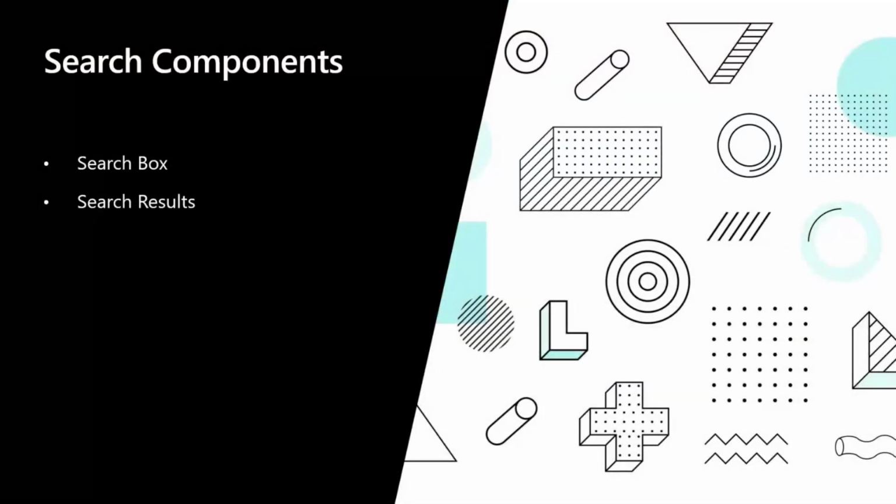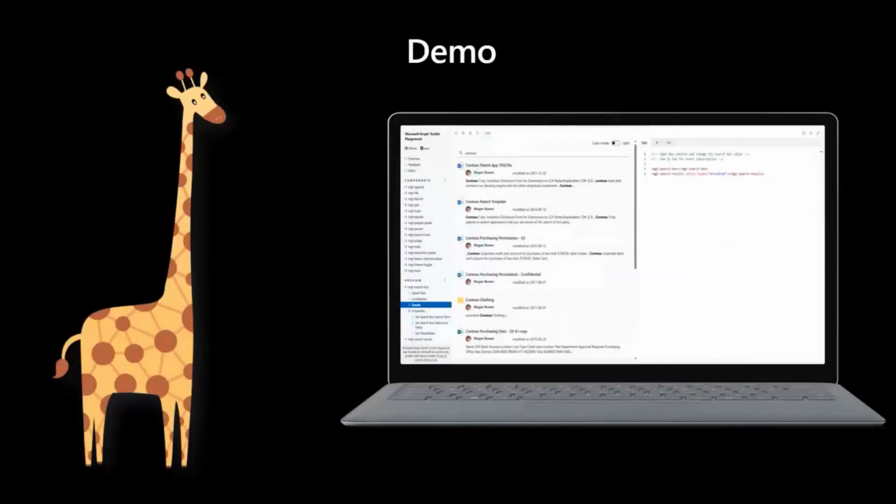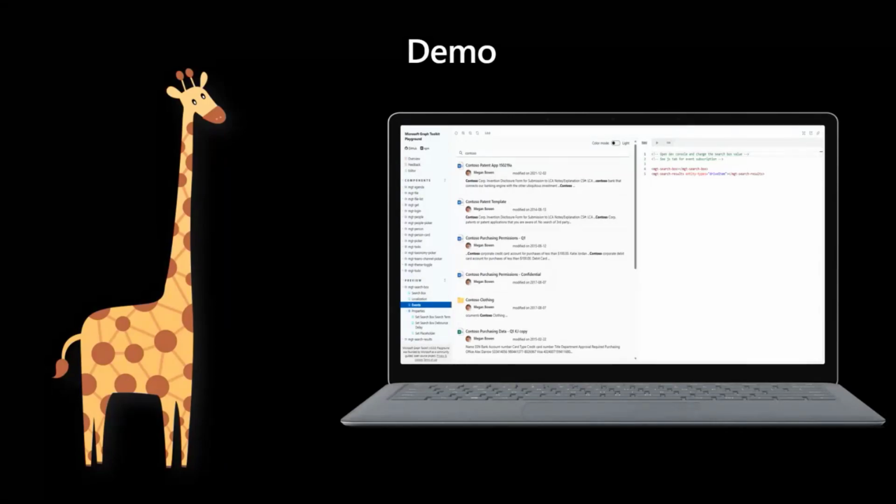Our search components are two separate capabilities, two separate components. One is a search box that allows you to enter a search query. And second, a search result component that allows you to render results coming back from Microsoft Search, living on the /search/query endpoint of Microsoft Graph. So let's start with a very simple demo that we have in our storybook, just to show you the potential of such a component.